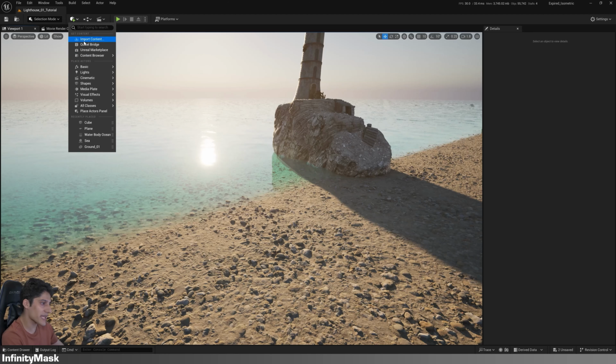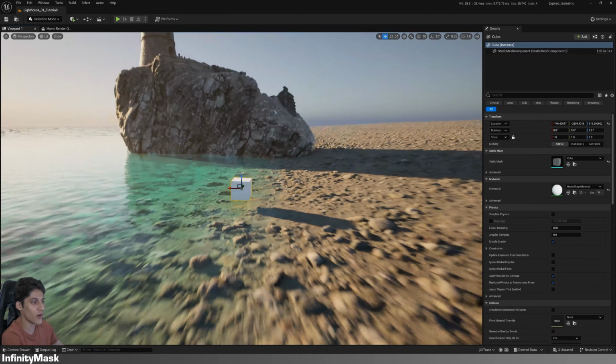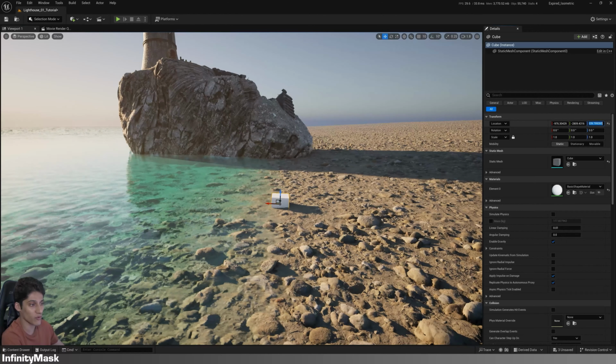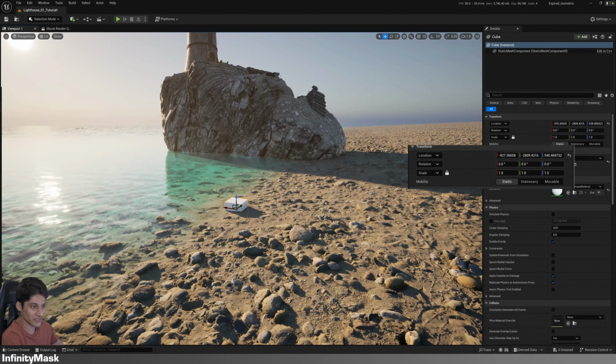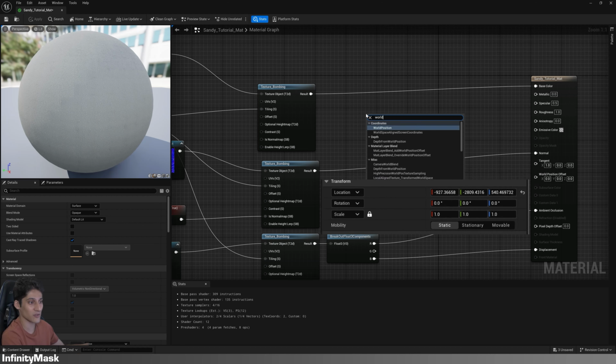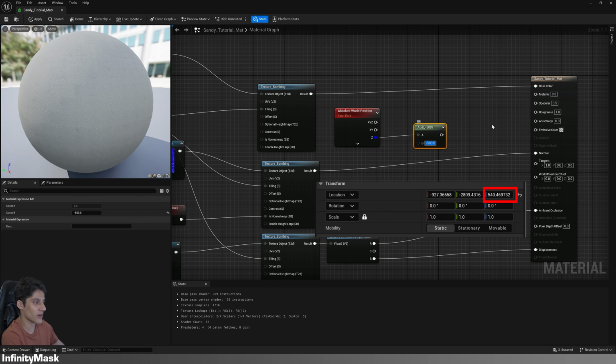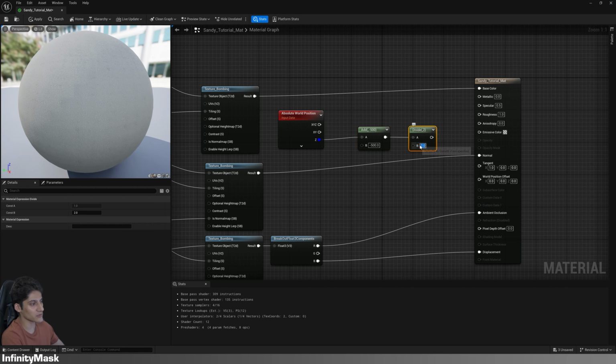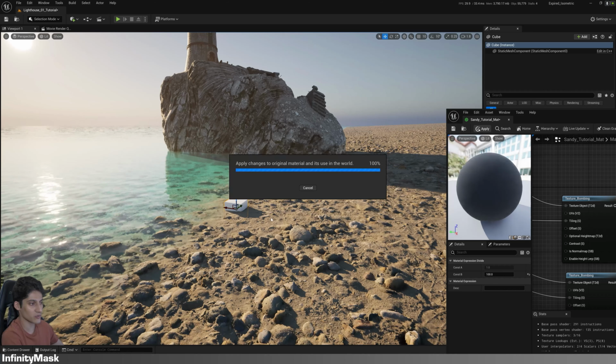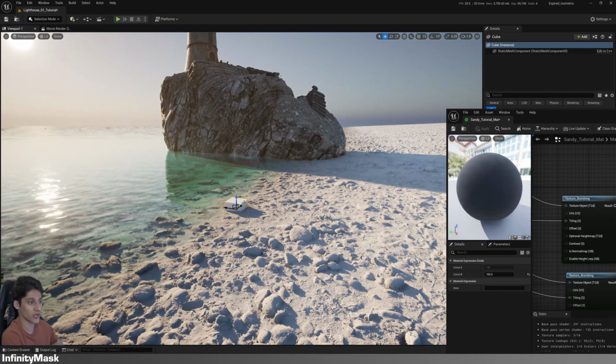Alright, back in our main level. Add a cube where the water and ground collide to find the z value of this part of the world. Use the inverted value in the add node to see the effect. Once satisfied, connect the node to the roughness so that black areas look wet and white areas look dry.